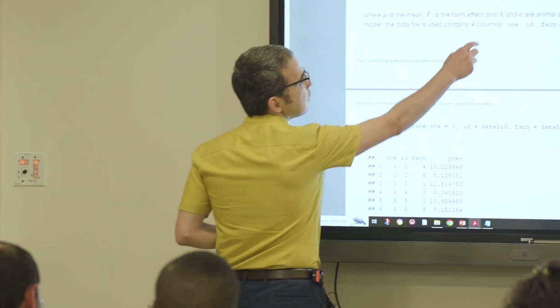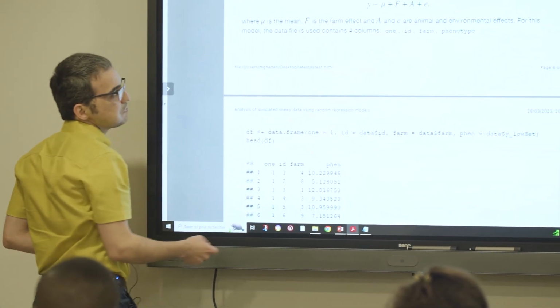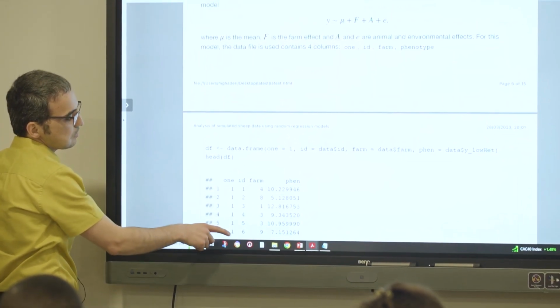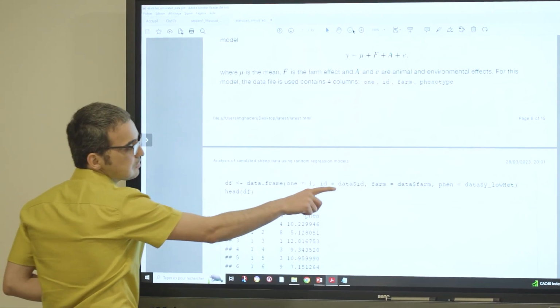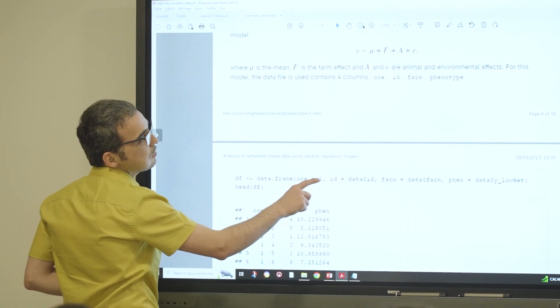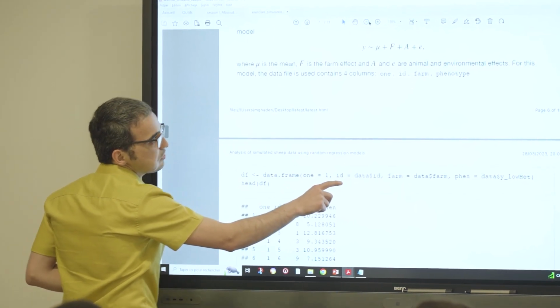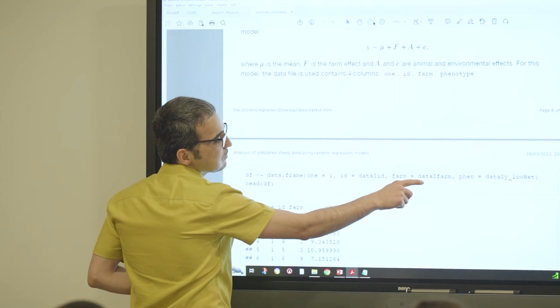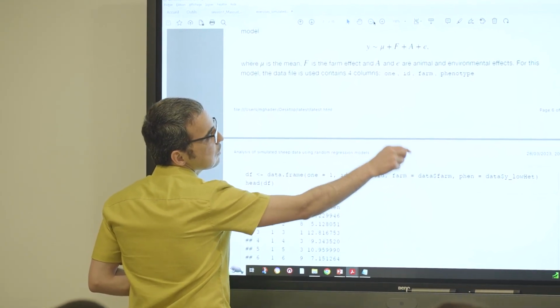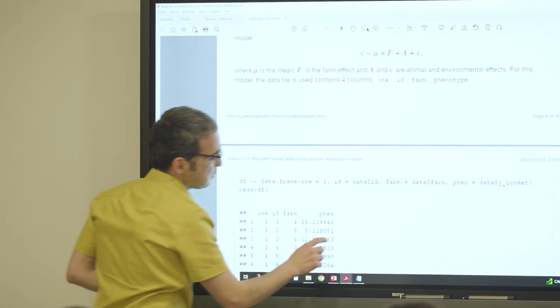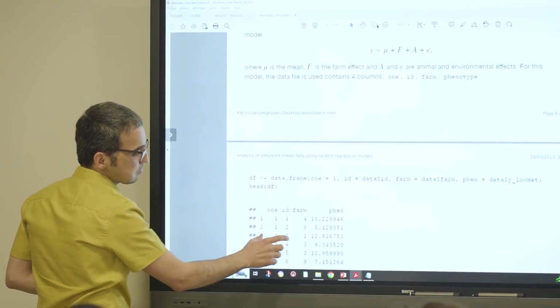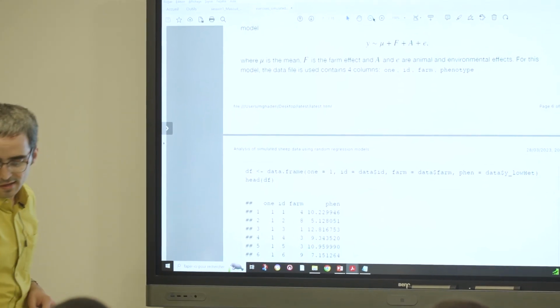So basically, for fitting the mean, I just will need a 1. I'm filtering my data to have a 1, the ID of the individuals and their farm, which comes from the master file data, and then the breeding values, which come as the ID of the individuals. So with this data file,